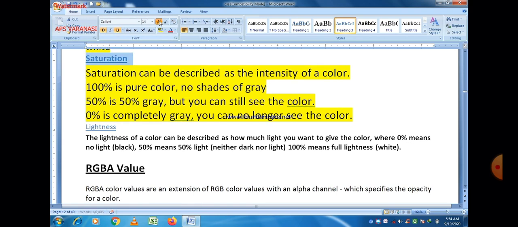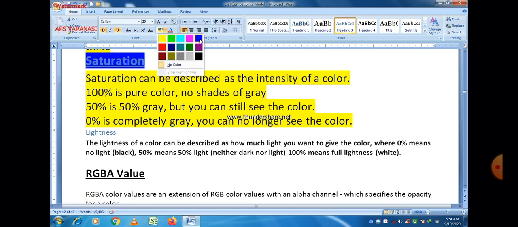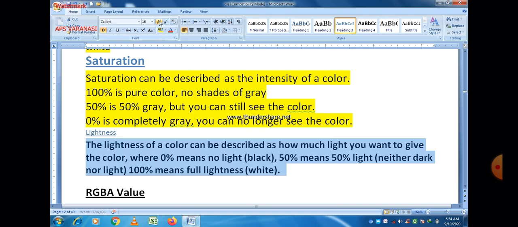And the third value is lightness. The lightness of a color can be described as how much light you want to give the color, where 0% means no light, meaning black, 50% means 50% light, neither dark nor light, and 100% means full lightness, meaning white. So you can also give the lightness in HSL representation.